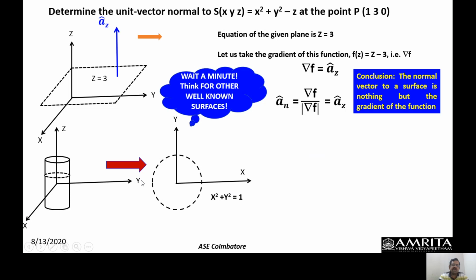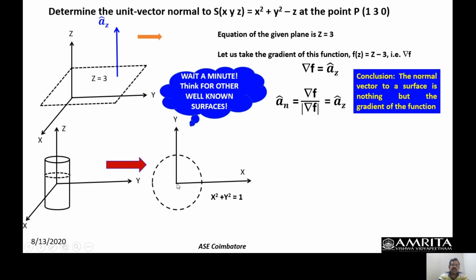Here, on the negative x side, for the same 45 degrees, it is going to be minus 0.707, plus 0.707. And at this point, I am going to get (0, 1). Similarly, at this point, I am going to get (0, minus 1). So here I am going to get (1, 0) and (minus 1, 0). This means I can locate any point on this circle and find the gradient at various points. When I find the gradient, I can substitute the corresponding coordinates.